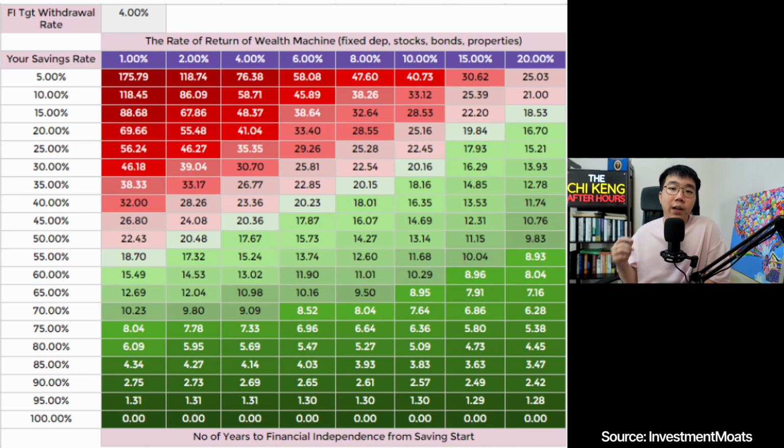But I think it is equally important to take a step back and to understand why we are doing what we're doing. Here are three charts that changed the way I saw investing and personal finance. So this first chart is the golden formula to financial freedom. It essentially draws out the relationship between your savings rate versus your investing rate of return.